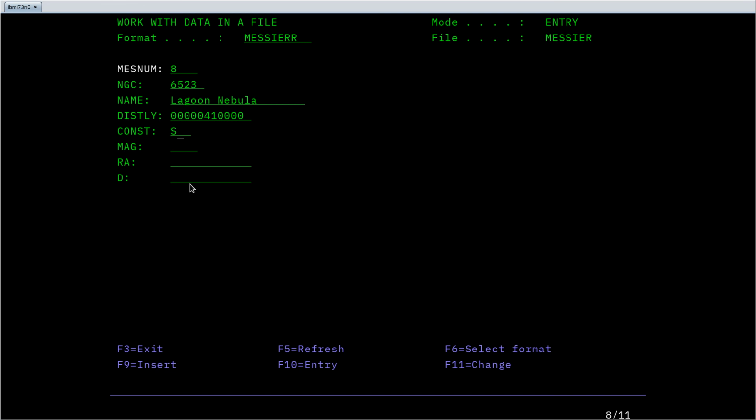Constellation, this is in Sagittarius. Apparent magnitude is 6.0. The right ascension is 18.06027777. We'll round that up to 8. And in this case, the declination is minus 24. So we'll do 24, 3, 8, 6, 6, 6, 6, 6, 6, 6, 7, and then the minus sign